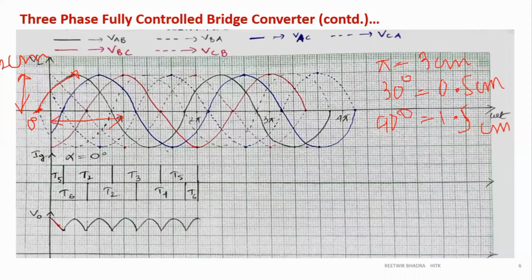From 90 to 180 again it will fall. So from another 90 degree, that is another 1.5 centimeter, it should reach 0. So from here you mark your 1.5 centimeter, this point. So bring it to 0 over here. Then from here mark your another 1.5 centimeter, which is this point. It will reach peak. Sine wave, you are drawing your sine wave.